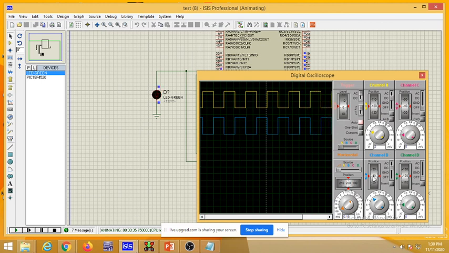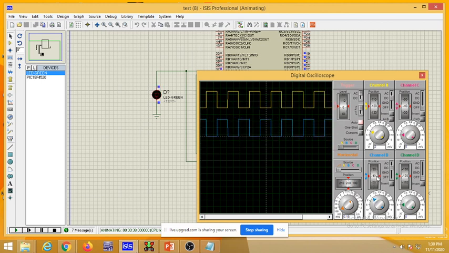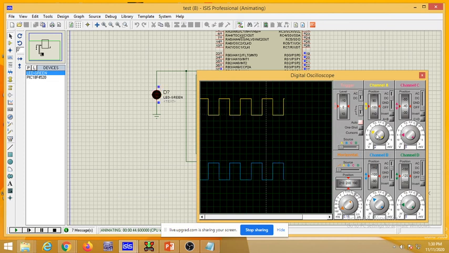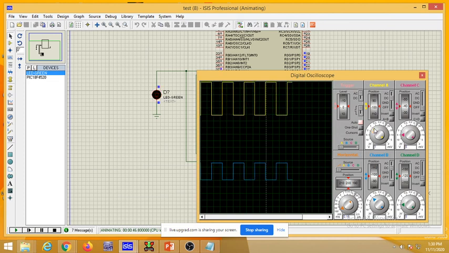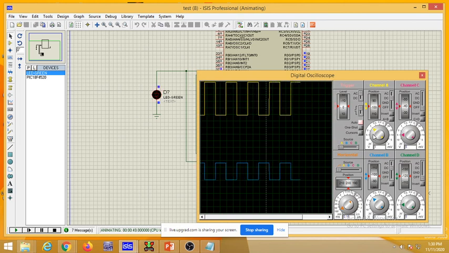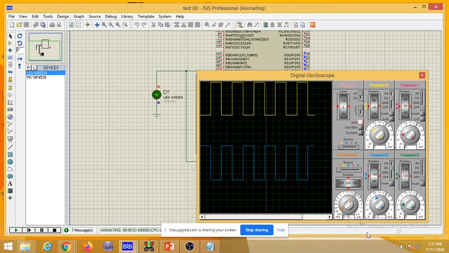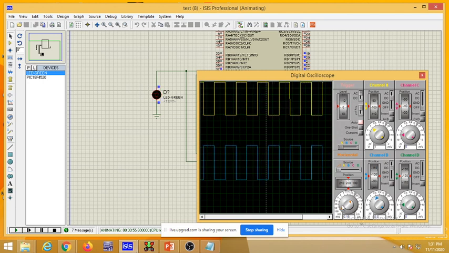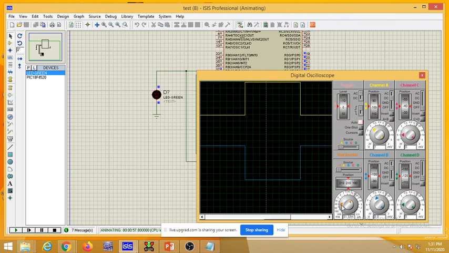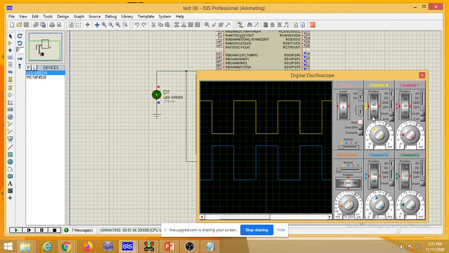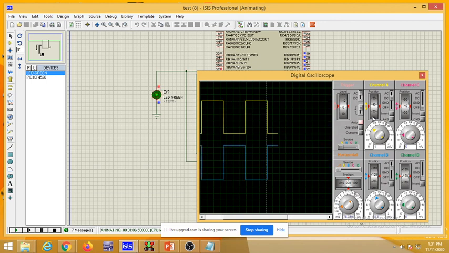I will change the position of B. Agree? I can change the position of B now. Similarly I can change the position of A with the help of this knob. You can change the amplitude of the A channel with this, and similarly the amplitude of the B channel. Next option is time per division, this is the knob. In this fashion I can change the position, and we are generating the square wave on two pins. You can show one pin also, no question.